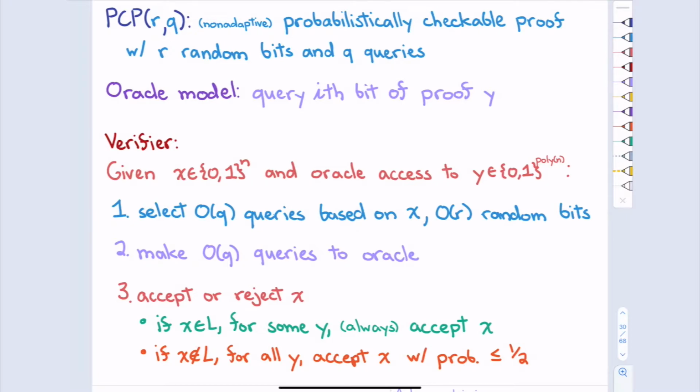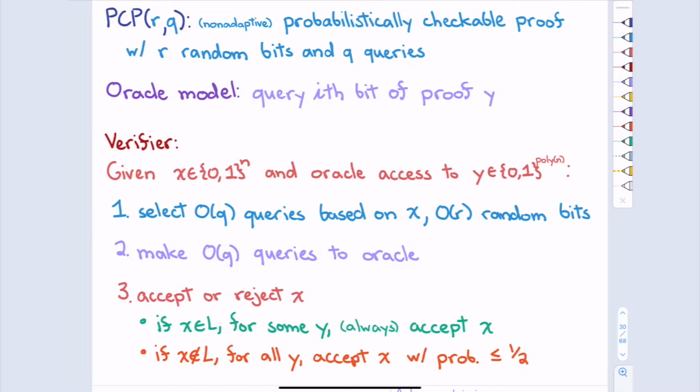And the rules are, if X is part of your language, if you're supposed to say yes, then no matter the proof, you should always be saying yes. If X is not valid, if X is supposed to be rejected, then you should reject X sometimes for any Y. All right, so this is particularly interesting if we limit Q to be very small, like a constant.